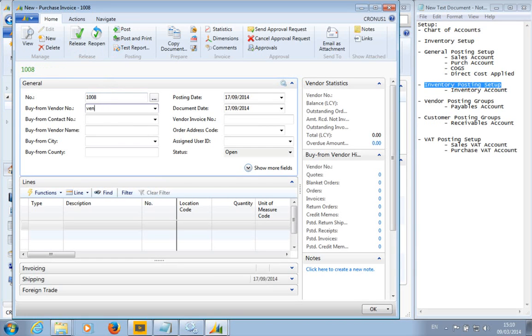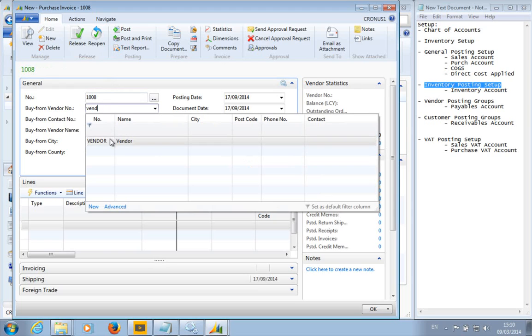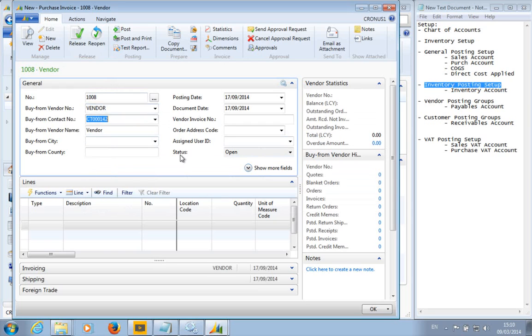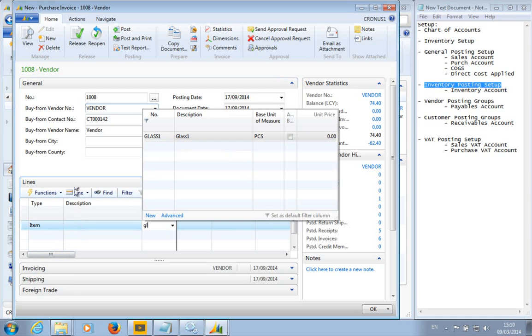and I've set up a vendor just called vendor, which is connected to the right posting group so that we will be posting to our mini chart of accounts. Actually, we need to put in a fictitious vendor invoice number here, otherwise it won't post. So I'll choose an item. I've created an item called glass 1,